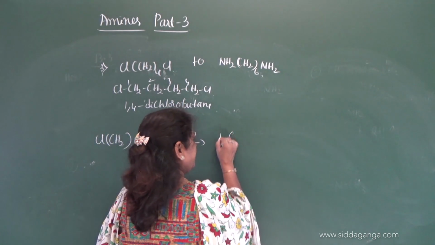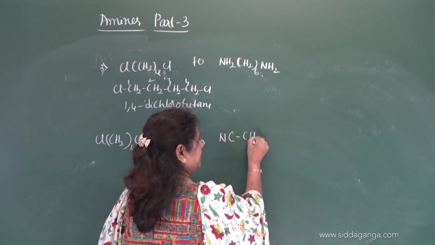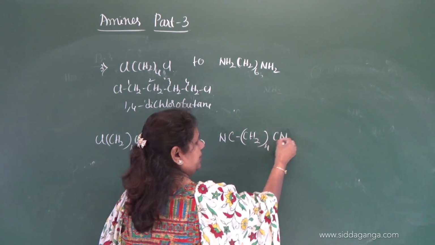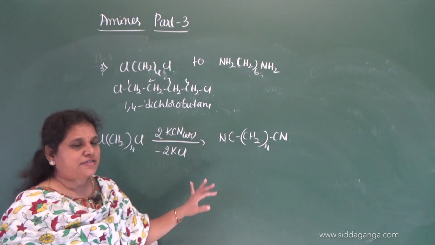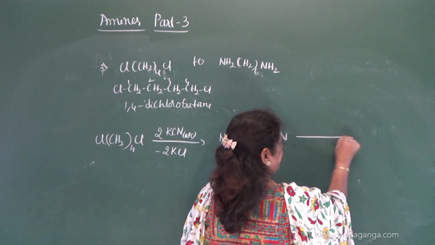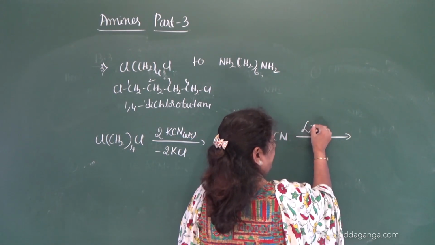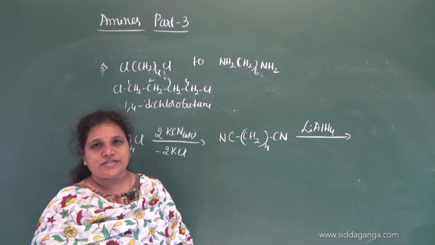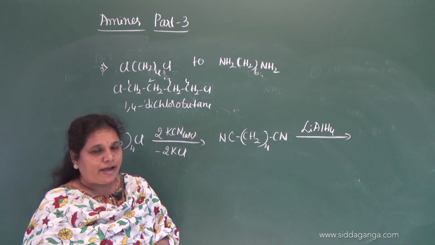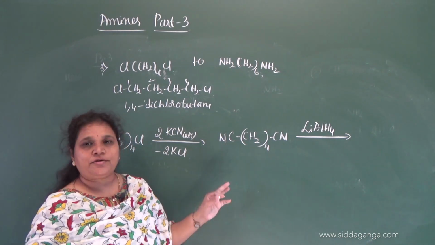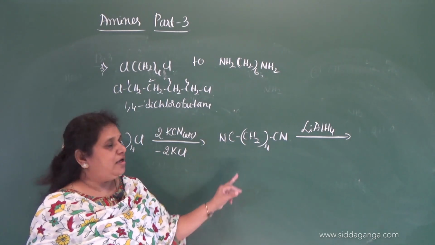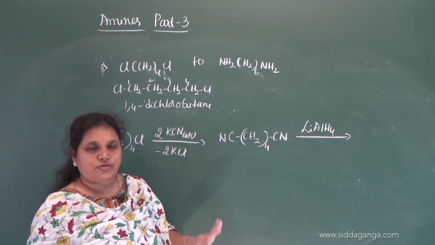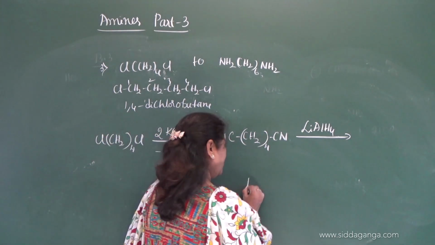CN, CH2, 4 times. So, reduction of cyanides. When cyanides undergo reduction in presence of lithium aluminium hydride, both carbon and nitrogen undergo reduction, correct? So carbon is reduced to CH2, nitrogen is reduced to NH2. What you get? NH2,